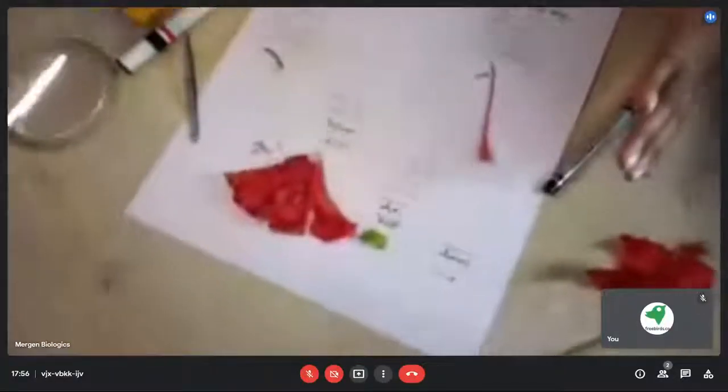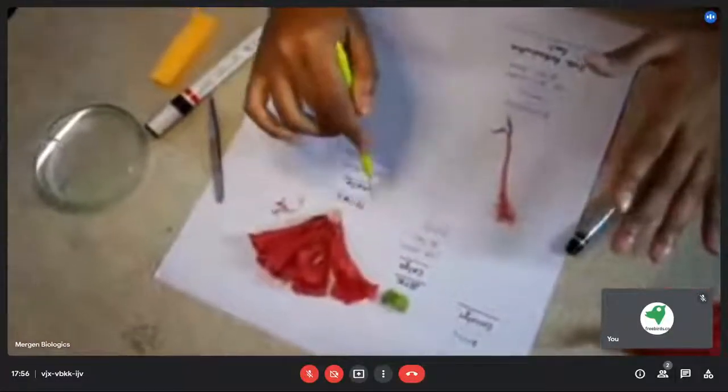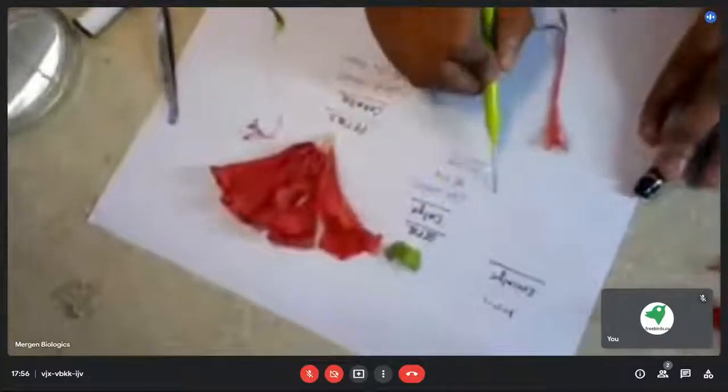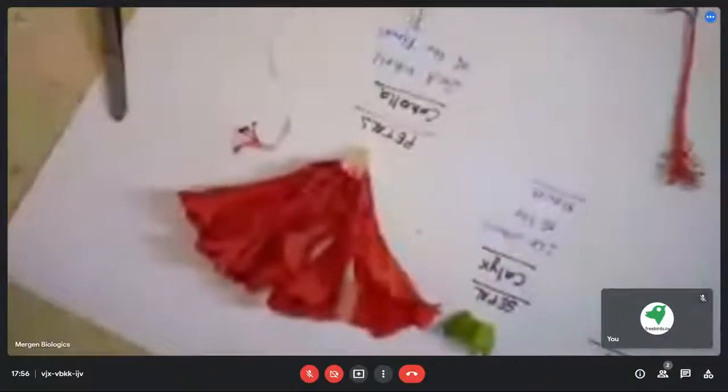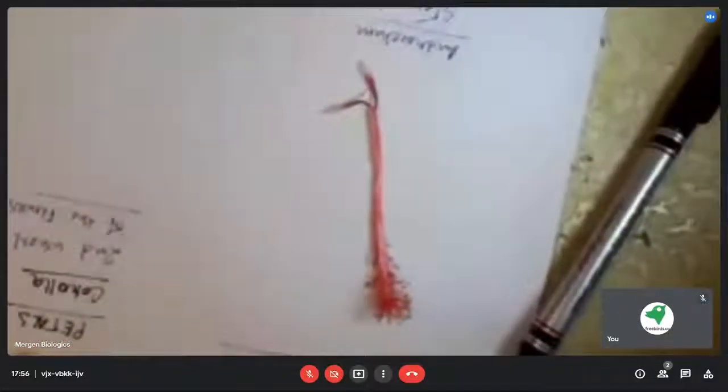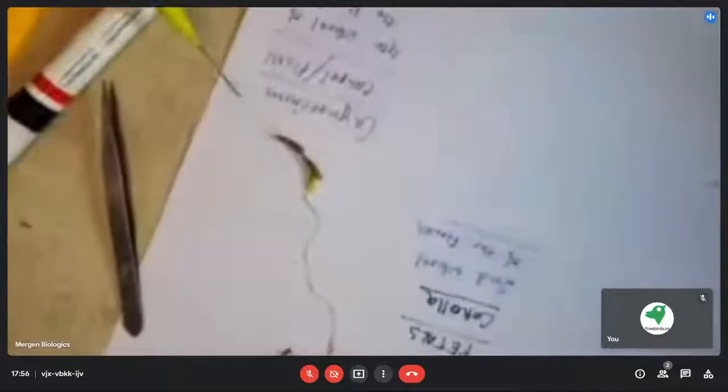So as I have told you in the very beginning of the video or the session, all these whorls are present, and every flower has these four whorls. First one is the sepals or calyx. Second one is the corolla or petals, and the third one is the male reproductive part, that is the stamen or androecium, and this is the gynoecium, the female reproductive part. We can call them carpel or pistil. I will tell you about the difference between carpel and pistil sometime later.